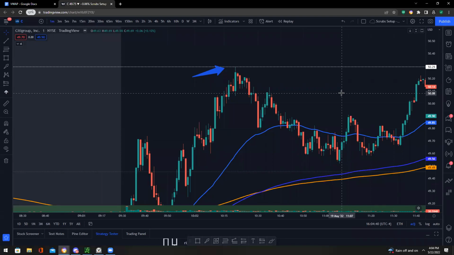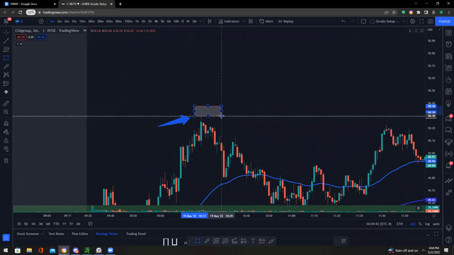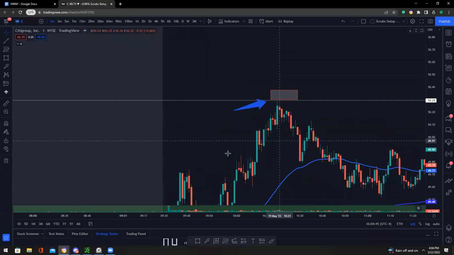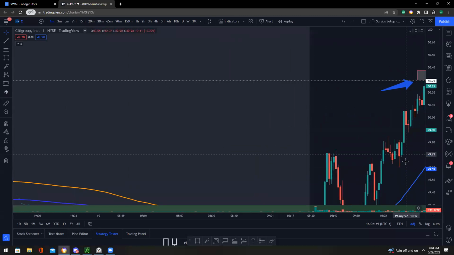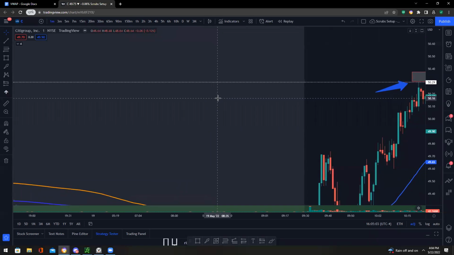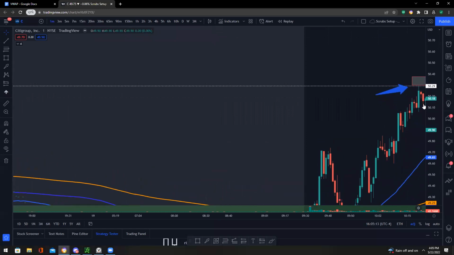The answer is no, it did not close above it. So that is an example of a potential false breakout, because people are going to see this huge uptrend, huge volume candle, and they're going to be trying to take calls, not realizing that there is a resistance from the prior day of 50.30. Did the price action actually hit and hold 50.30? No, it did not. So if you enter calls here, you would have entered at the top and you would